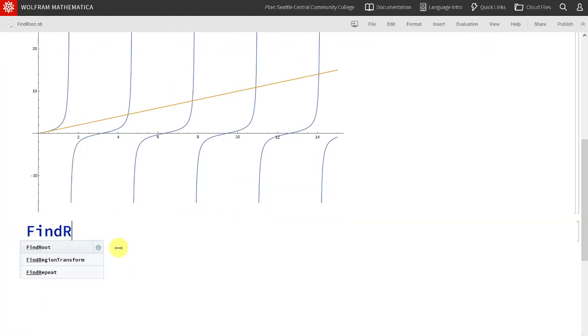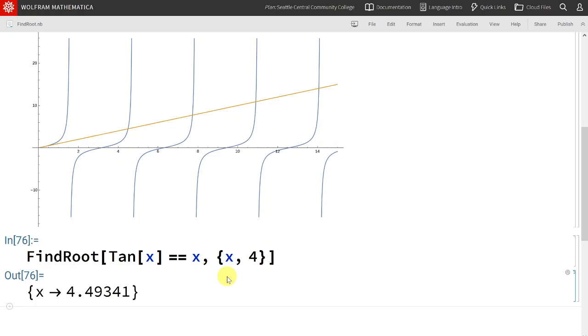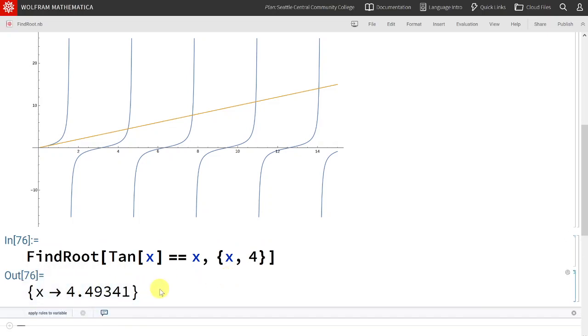To run this command, we type in FindRoot, capitalizing both the F and the R. We type in our equation, tangent of x equals x. We use a double equal sign to indicate that this is an equation and that we're not setting a variable, comma, curly brace, x, which is the variable we're solving for, and our starting point 4. End bracket. Shift enter, and we see Mathematica's found the solution to 5